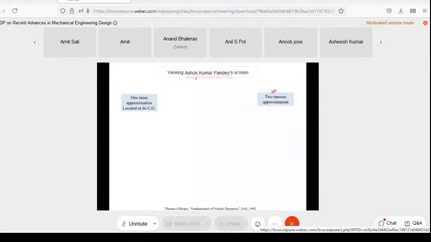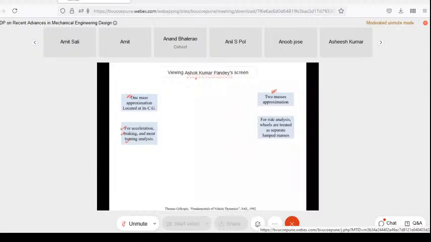So that's what I was saying. For acceleration, braking and turning, one can always consider a vehicle with a one mass approximation, where the mass is located at the CG of the vehicle. And for ride analysis, for comfort analysis, the wheels are treated as separate, or the brackets or